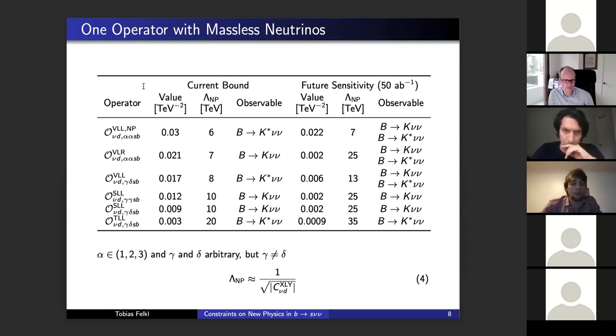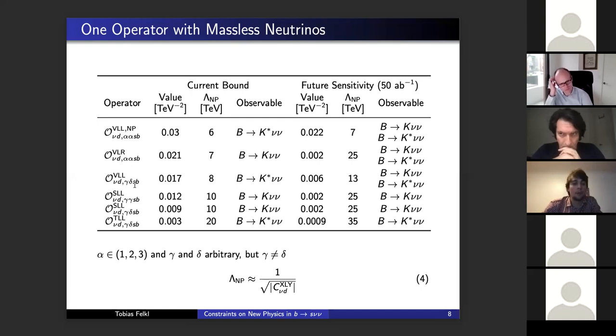So the first column contains a representative selection of operators which can get sourced by new physics and which get bounded in different ways. The first 2 vector operators here would interfere with the standard model because the neutrino flavor indices are fixed to be either just 1, 2, or 3. Whereas if you have gamma or delta here, these are in principle arbitrary numbers, but they should be unequal. This makes sure that, for instance, in this example here, we have a vector operator which does not interfere with